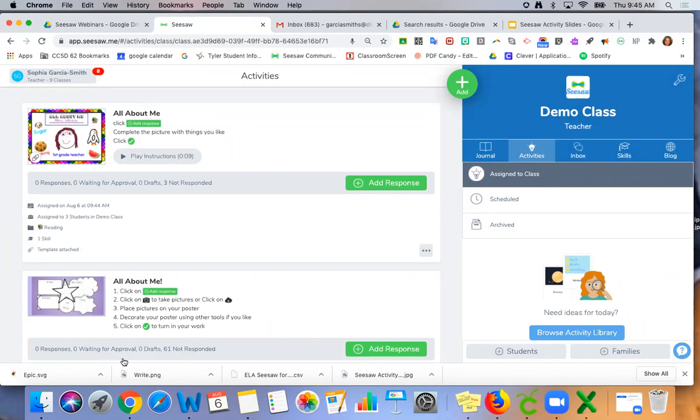I would do the math activity first, then the reading activity, then the all about me, so that's the way it shows up in their feed. Now, Seesaw just came out with this amazing new update that will go live August 14th. So it's a little ahead of the time that it will be released, but this is going to be amazing